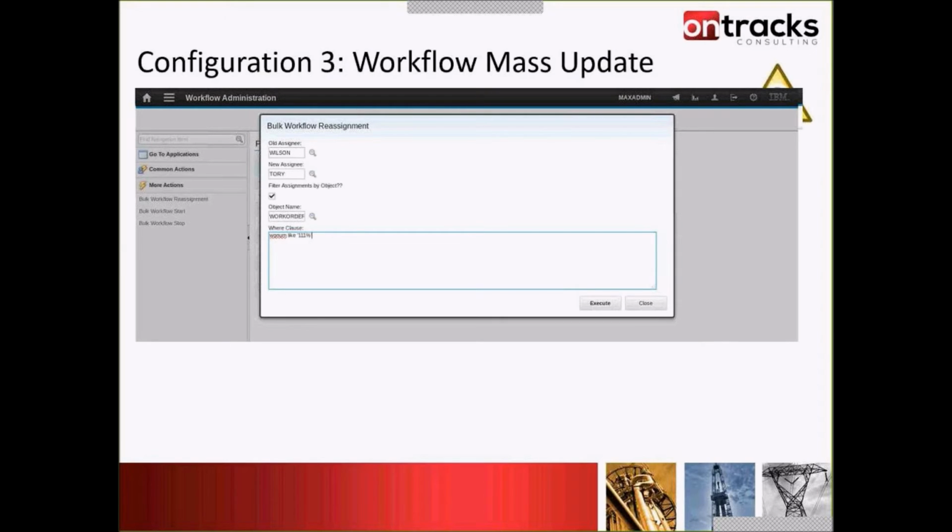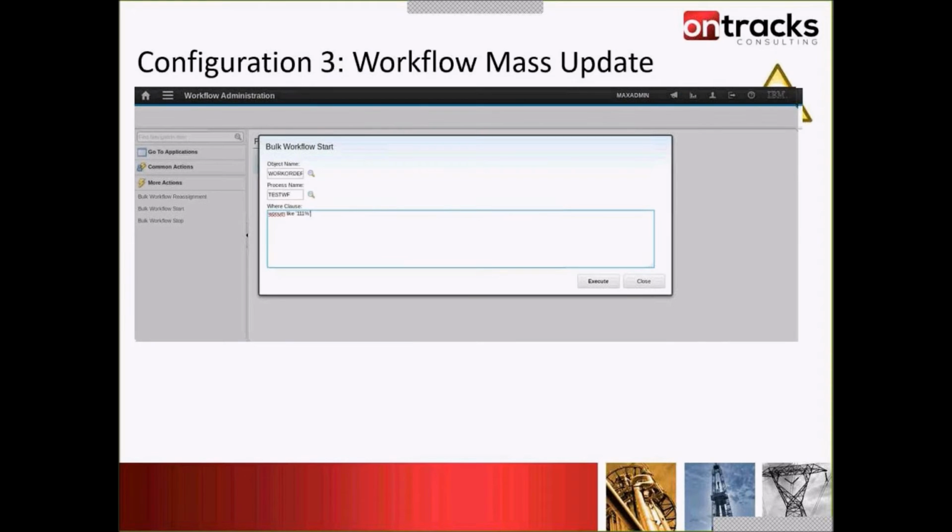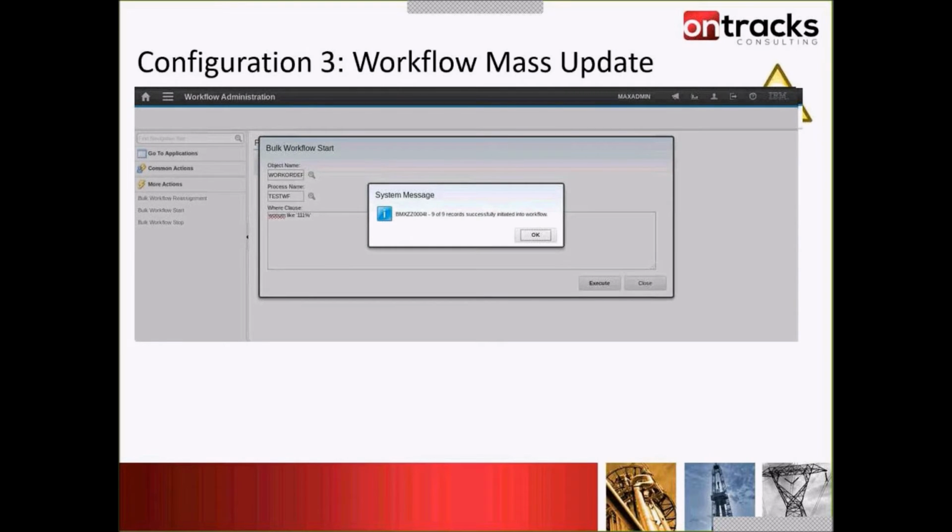After I hit the execute button, it tells me that 7 out of 7 workflows were reassigned, so it does that complete reassignment for me, and that's it, away it goes. Another scenario is the bulk start. Same concept: I want to find an object and a process this time, and say, hey, I want a bulk start or bulk stop, depending on which function I invoke, a bunch of records. I can come in and say, hey, find all the work orders like this that are in that process and start them or stop them, and same thing, hit the execute button, and Maximo will do that move and move